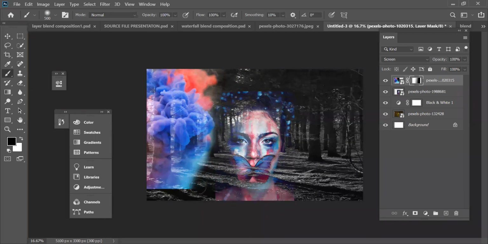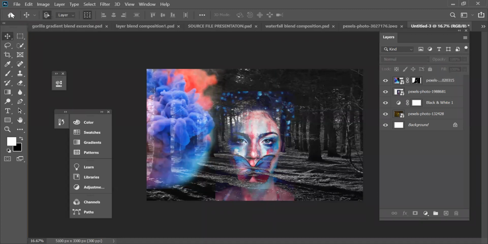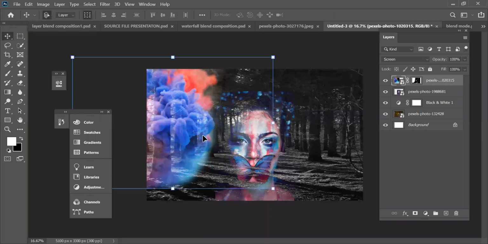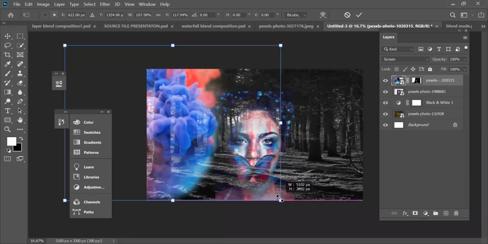So make sure that, whenever you're doing something like this, the hardness of your brush is not so much. Okay. Now, the next thing that I would like to do is maybe just increase this because I'm not liking something like this. Yeah, that's it.